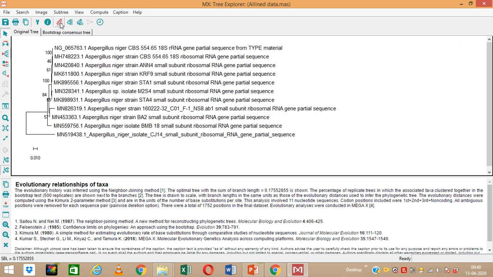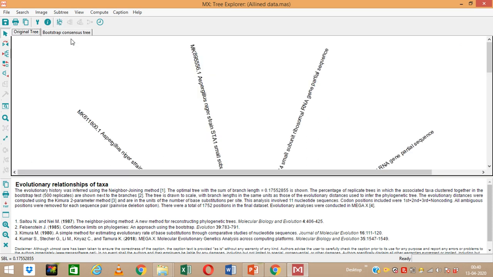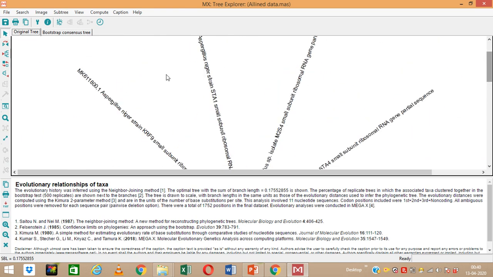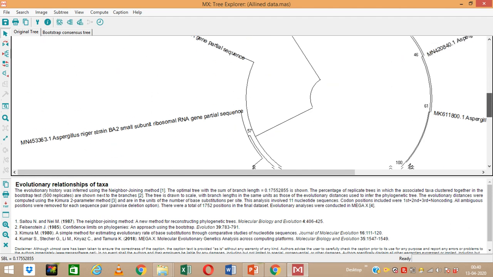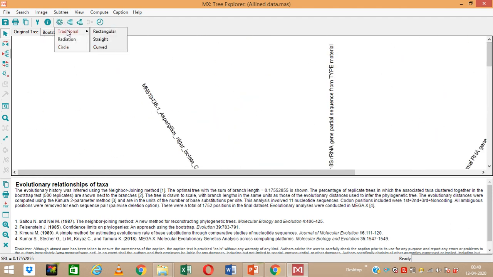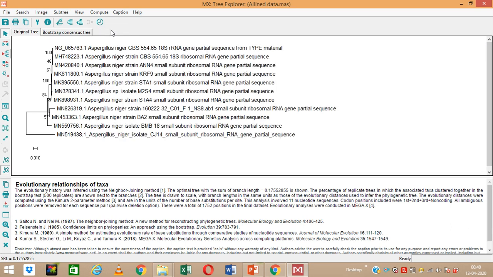There are a few options by which you can change the pattern of this tree. See, now we have made a circular tree, right? Similarly we can also make a circle tree, right? But we want this traditional rectangular tree only which we have constructed, or there are a few more options in this, so you can try so many things, right? So I am making a conventional tree, right? Now your tree is constructed. This number you are seeing is the bootstrap number which I told you in the previous step also.